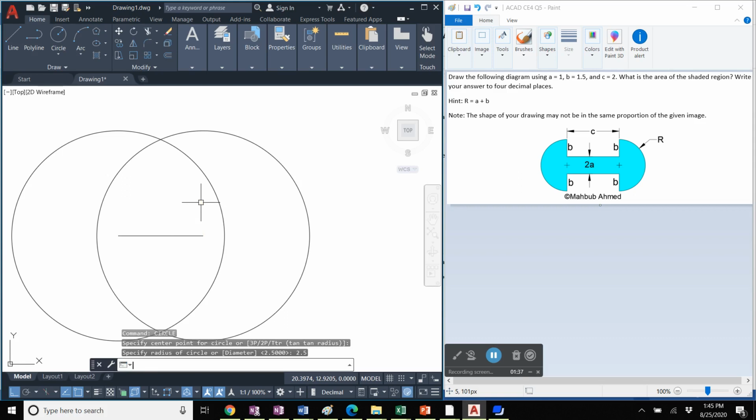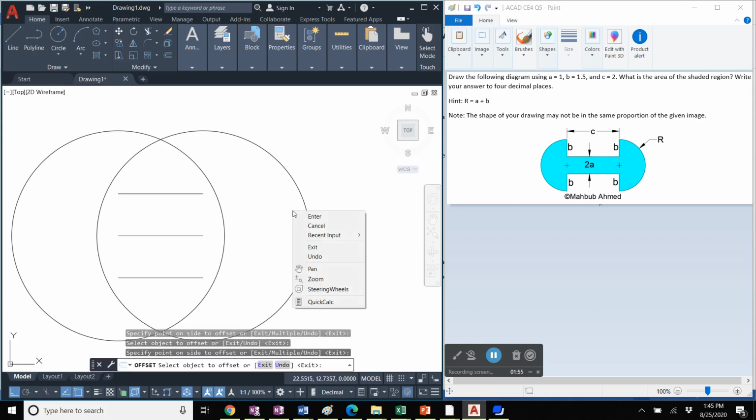Now let's draw these two lines using the offset value of a equal to 1. So click on offset, type 1, press enter, click this line, click above, click this line, click below, right click,